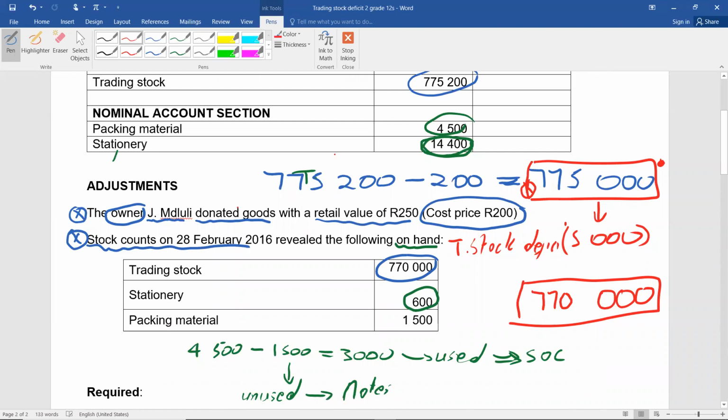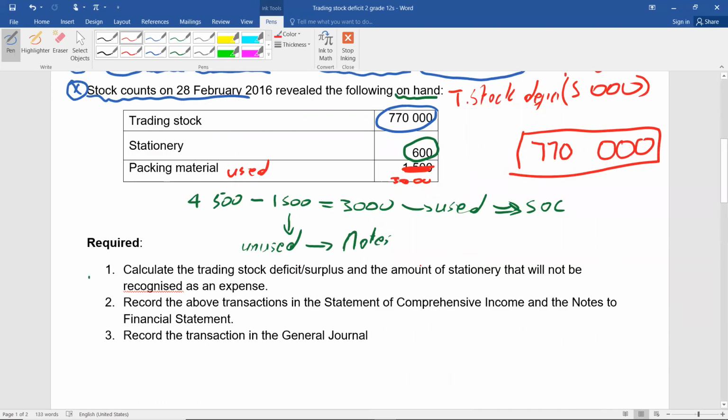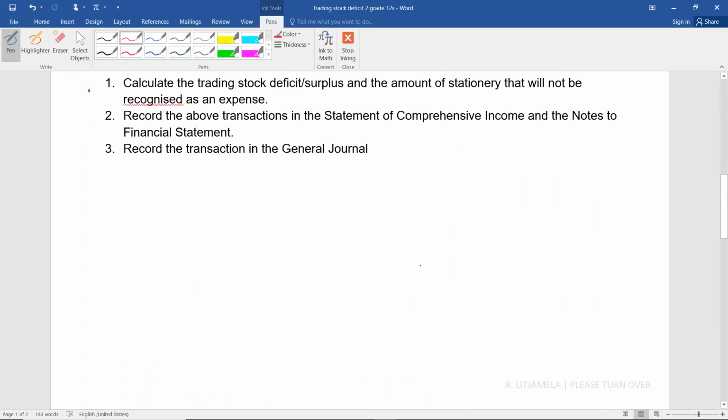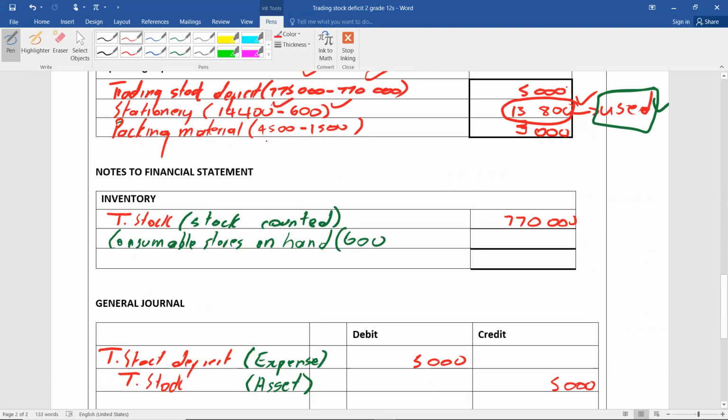Now, they won't give you this. They'll just say packing materials used. This is how they will ask it. They don't give you that, and they'll say packing materials used is 3,000. Because you guys are so used to memorizing things. Because I took the 600, I showed you as an example that stock count says stationery is 600. When you do packing material, you come here and then in brackets, because you memorize, in brackets,